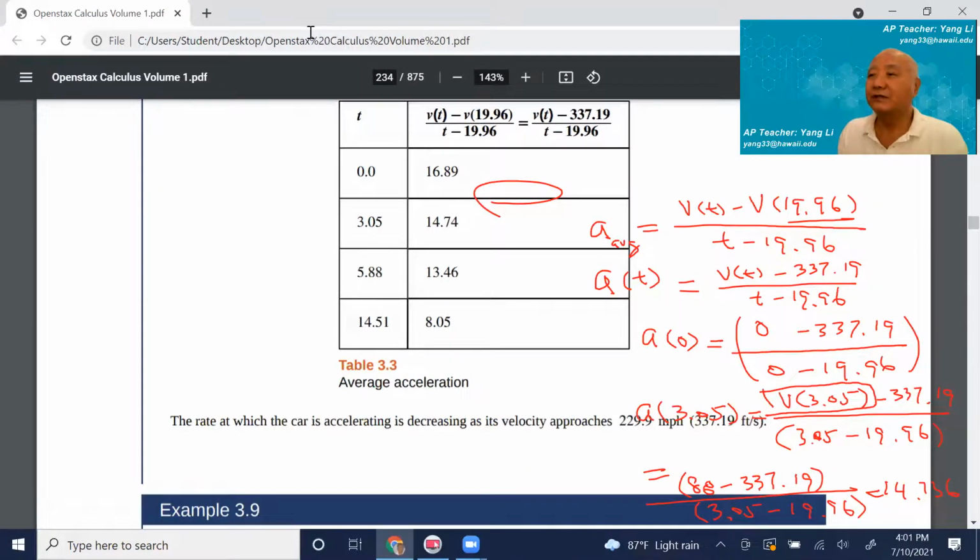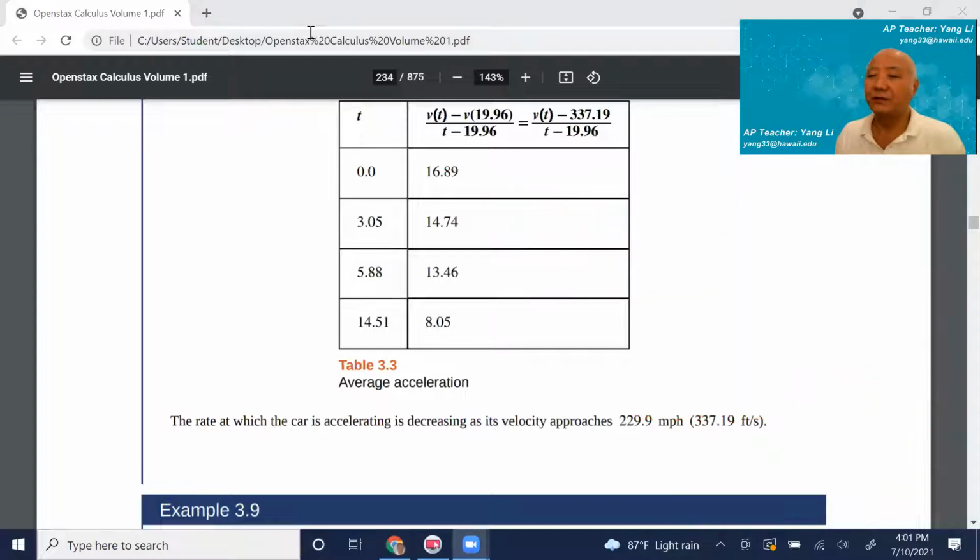So how do you answer this question? We have the rate at which the car is accelerating. You see, accelerating is getting what? Here is the highest acceleration, and later on it's getting lower and lower, right? So the rate at which the car is accelerating is decreasing as its velocity approaches